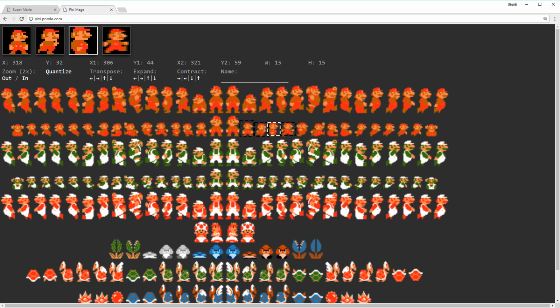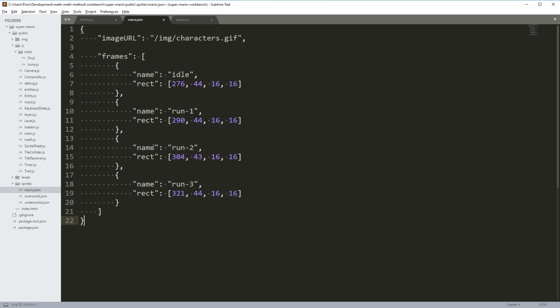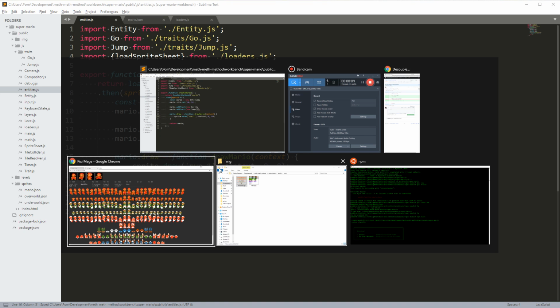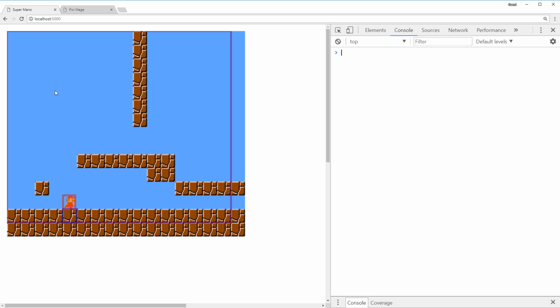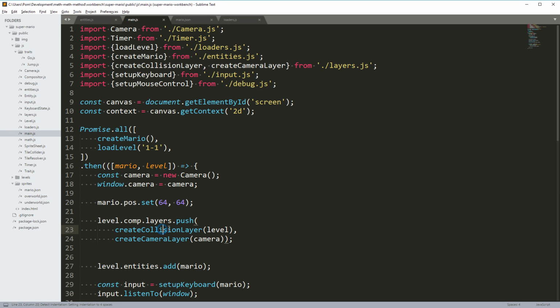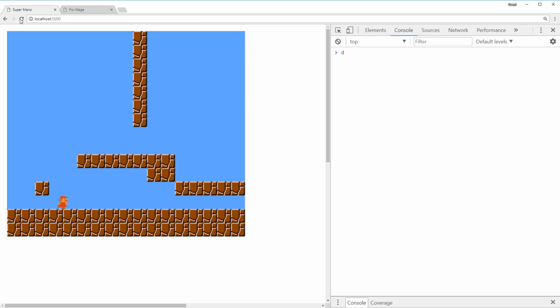But for now, I'm going to just paste in this file here. Boom! There we go. So that means that I can now say run-1 here instead, and we should see a running Mario frame. Whoopsie daisy. Let me turn off these layers here, because we don't need the debug layers for now. So now we have Mario running around here, but he's pretty static still,